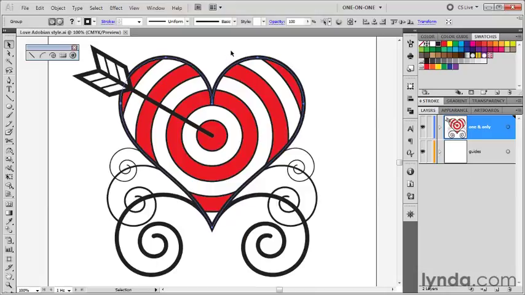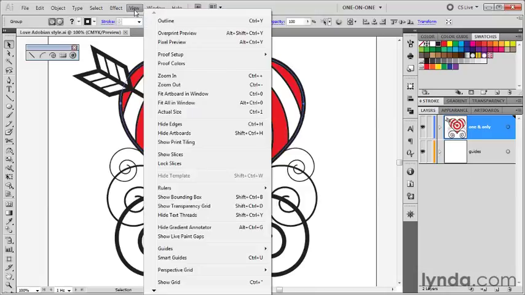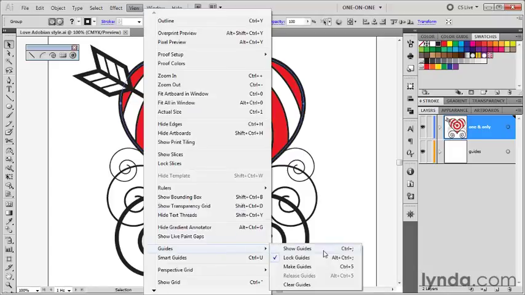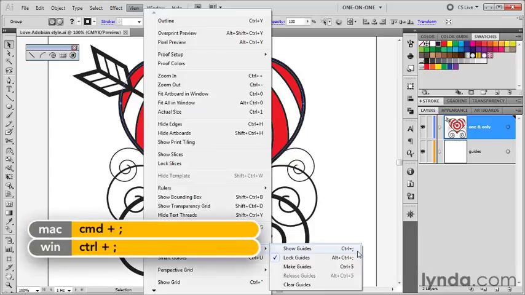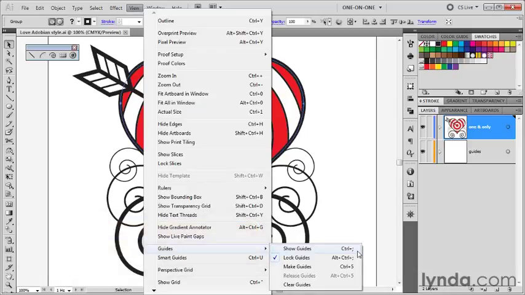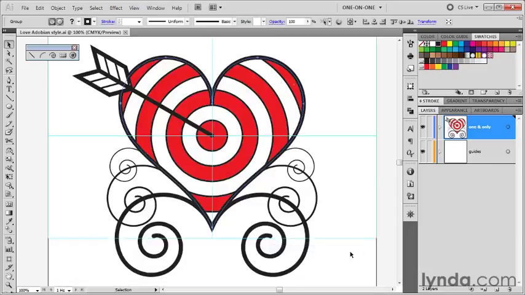Right now, the guides are hidden, but you can view them by going to the View menu and choosing Guides, and then choosing this command right there, Show Guides. And by the way, to show and hide the guides, you can also press this keyboard shortcut, which I suggest you remember, even though it's weird, of Control semicolon, Command semicolon on the Mac. Again, that works throughout the Adobe applications. So learn it once and you know it elsewhere. Anyway, I'm going to go ahead and choose that command,